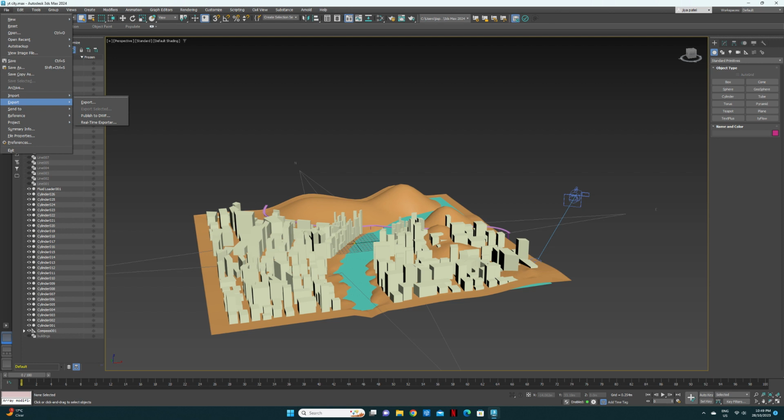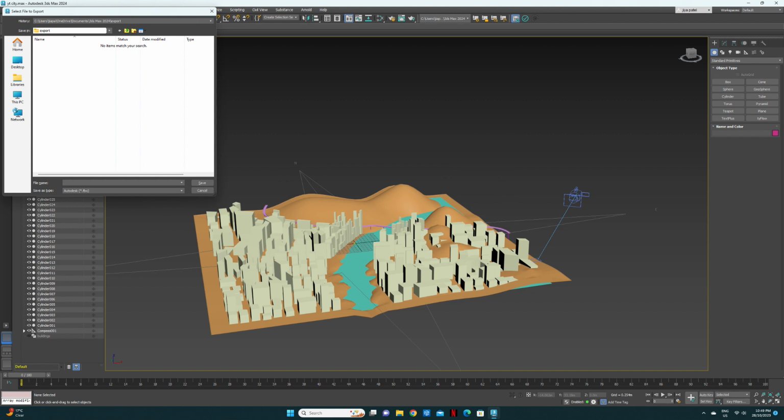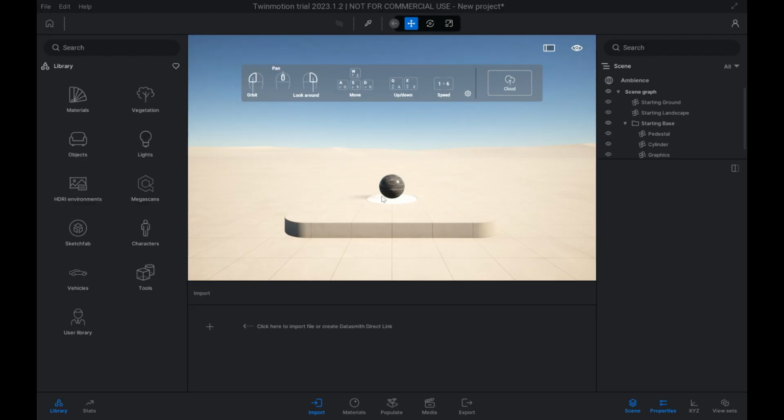Today we are going to learn how to export the 3ds Max file to Twinmotion, and just a basic introduction to Twinmotion. First, just normally what you do in any other software, just export. And this dialog box will appear. Just click OK, and you need to export the file as the FBX, so you could open it into the